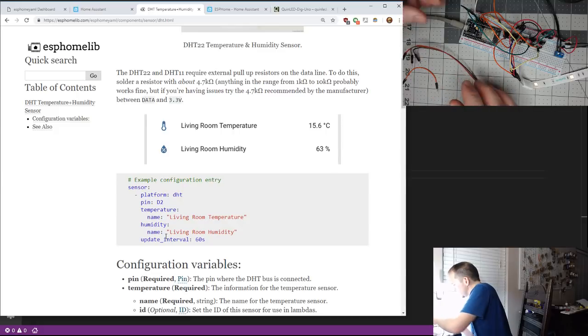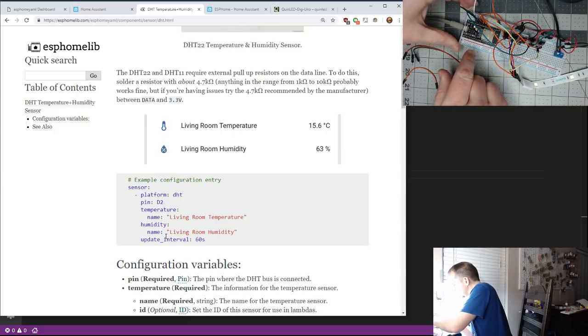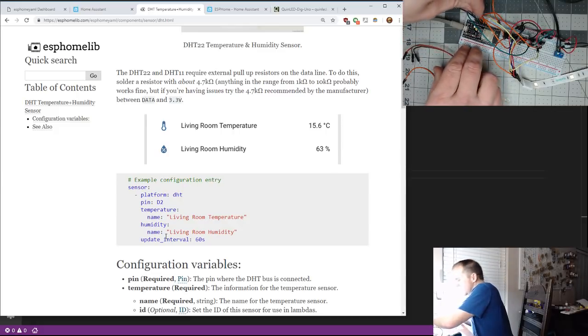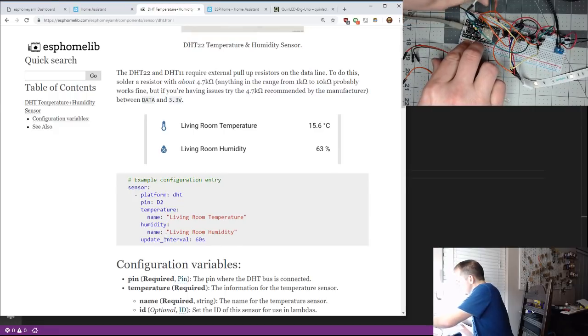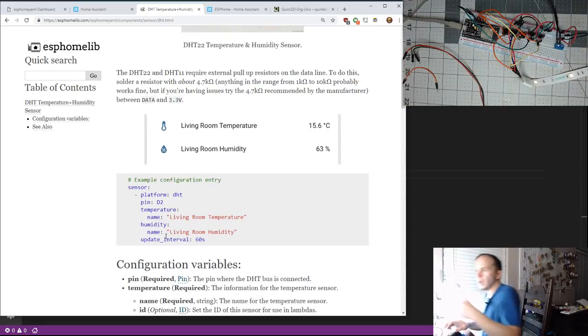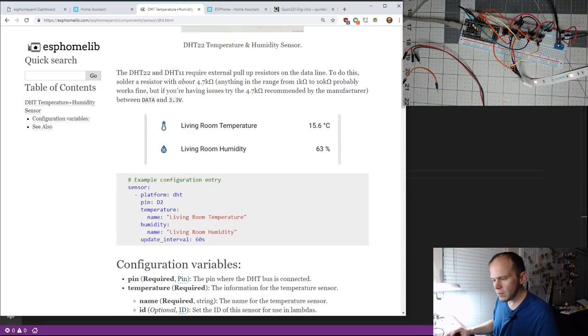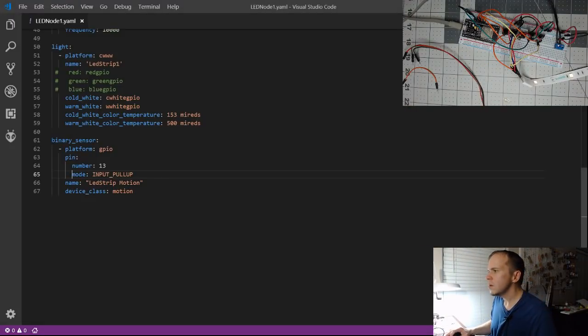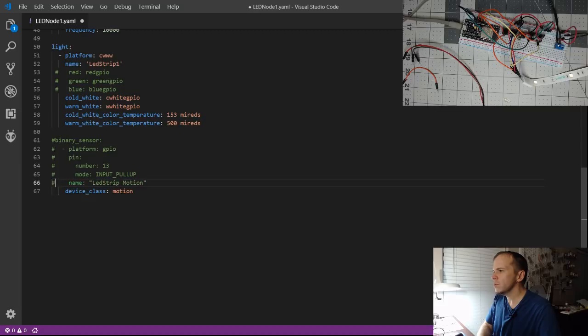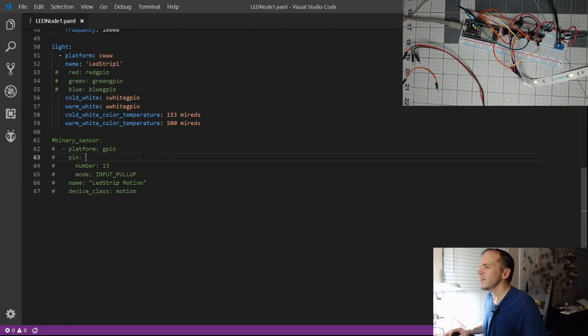I had an issue with the breadboard on one of these. It was jammed up. So we're going to take GPIO 13 and we'll pull that off. Come on, who's going to tell me the shortcut? I can't remember. There's like Control K something.